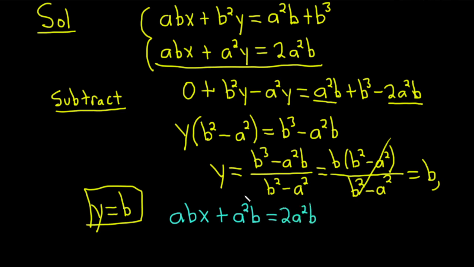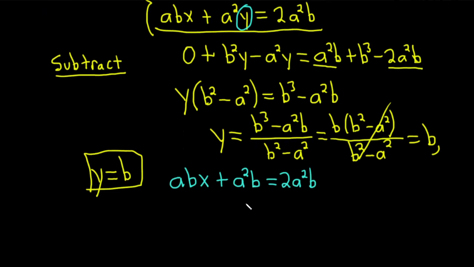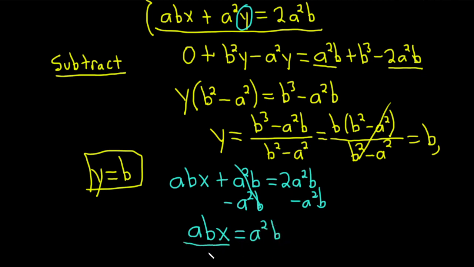So all we've done here is we've taken y equals b and we've put it into this equation. So everything else is the same, and we're looking for x. Now we can subtract a squared b from both sides. We get abx is equal to, well, 2a squared b minus a squared b is a squared b. And now we can divide by ab on both sides. And of course, in all of this, we're assuming neither a nor b is 0. We don't want anything funky happening. Also, b is not equal to a, otherwise there's issues. So we get x equals